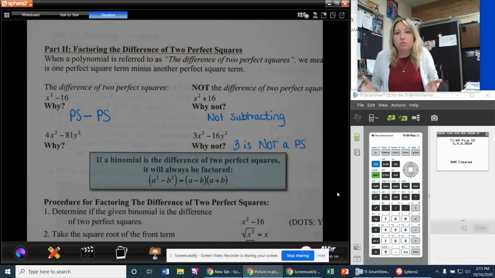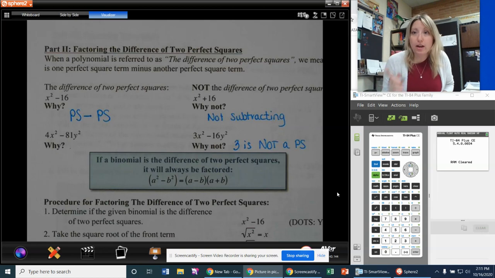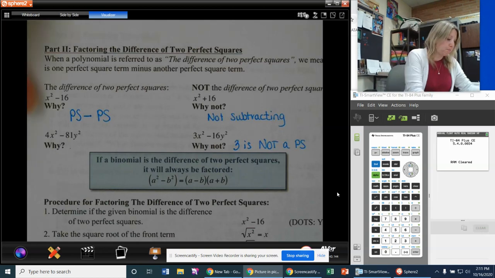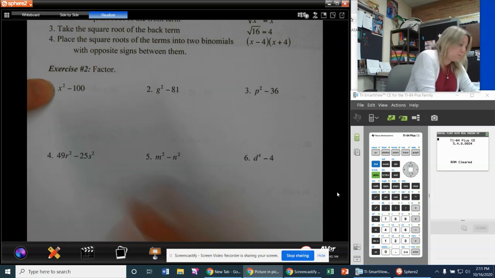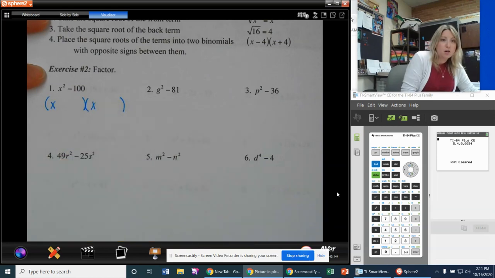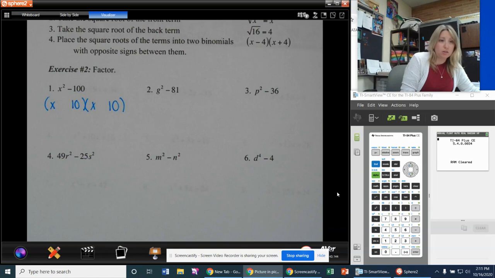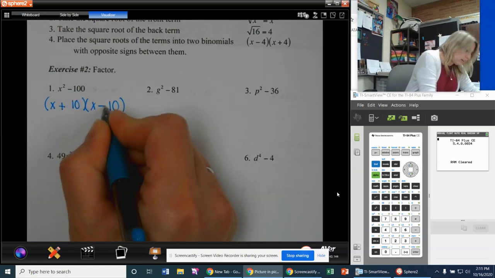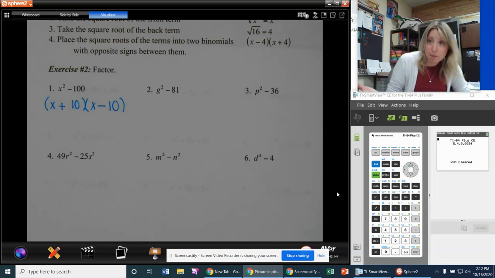Three is not a perfect square. It can't be dots. It's got to be a perfect square minus a perfect square. And when it is, it always factors the exact same way, which is awesome. Take the square root of the front term and put it in the fronts of two binomials. Take the square root of the back term, put it in the backs of two binomials, and put different signs between them. I'm sure you remember me explaining this, or your Algebra 1 teacher, or your geometry teacher last year